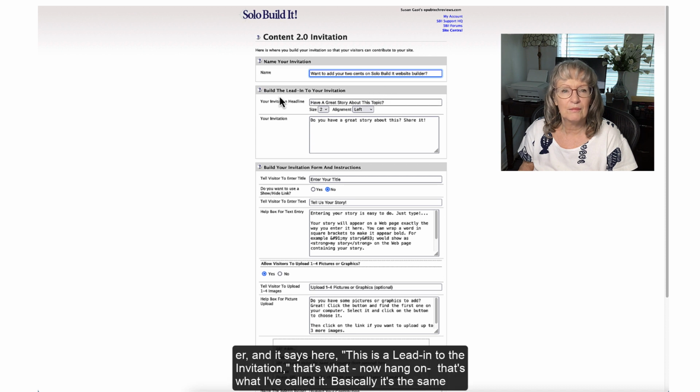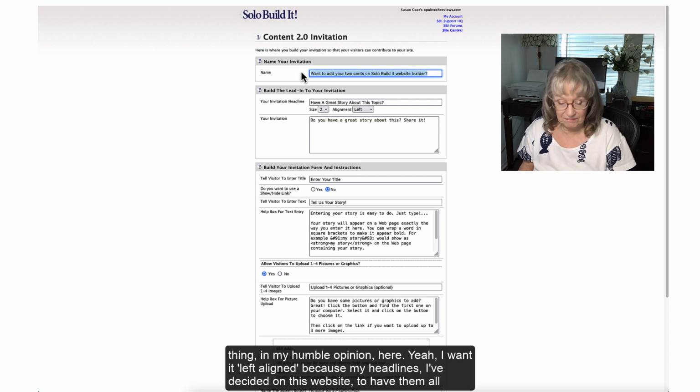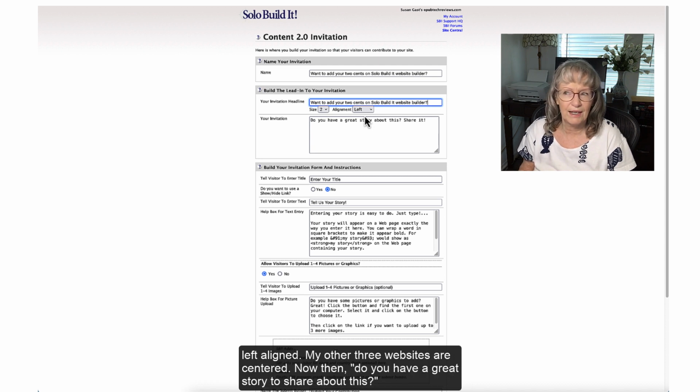And it says here, this is the lead into the invitation. Basically, it's the same thing in my humble opinion here. I want it left aligned because on this website I've decided to have all my headlines left aligned. My other 3 websites are centered.